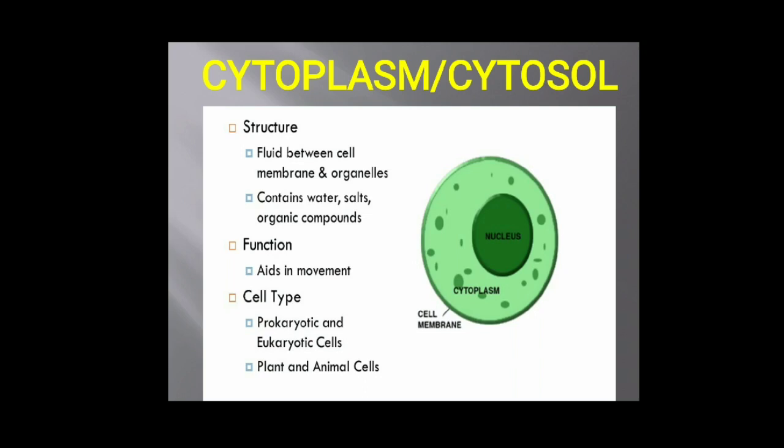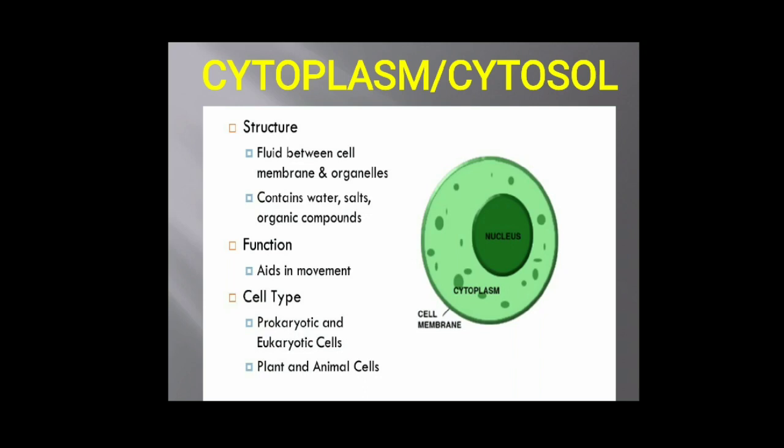When you are observing human cheek cells or onion peel cells, the dark-colored portion in the middle of the cell is the nucleus, which we have just discussed, and the boundaries of the cells will be either cell wall or cell membrane. Other than that, what you can observe in the microscope is a structure which takes less stain. When you are staining the cells, it takes less stain, and all that remaining portion is called the cytoplasm.